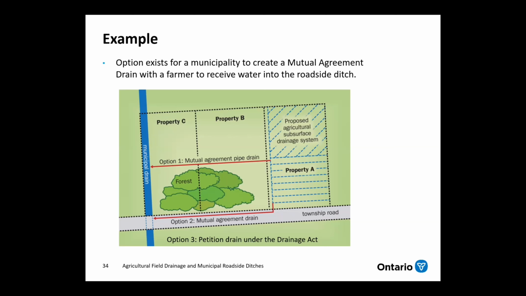But at the end of the day, option 3 would still exist for property owner A to petition for a drain. So again, is it better to agree to a mutual agreement drain? That's obviously a case by case basis, up to the municipality, up to the road authority, and the specifics of that situation. But if you were going to do a mutual agreement drain, some of the things to think about in this scenario are, for example,